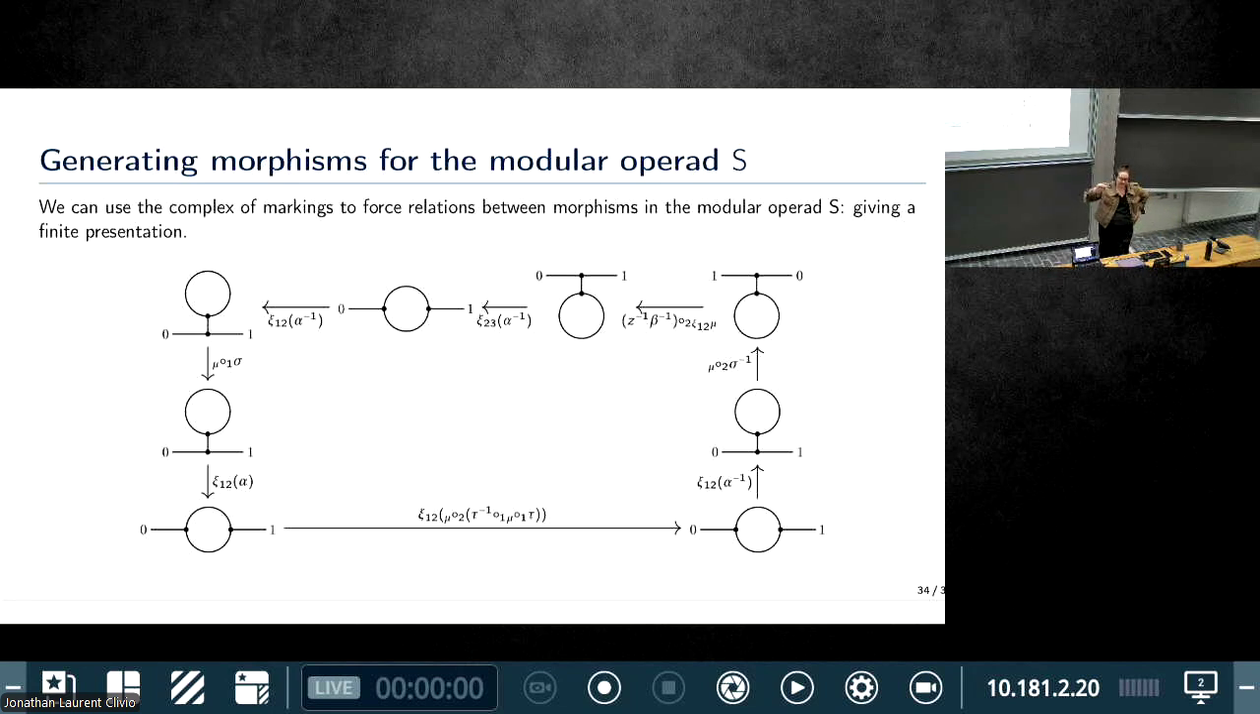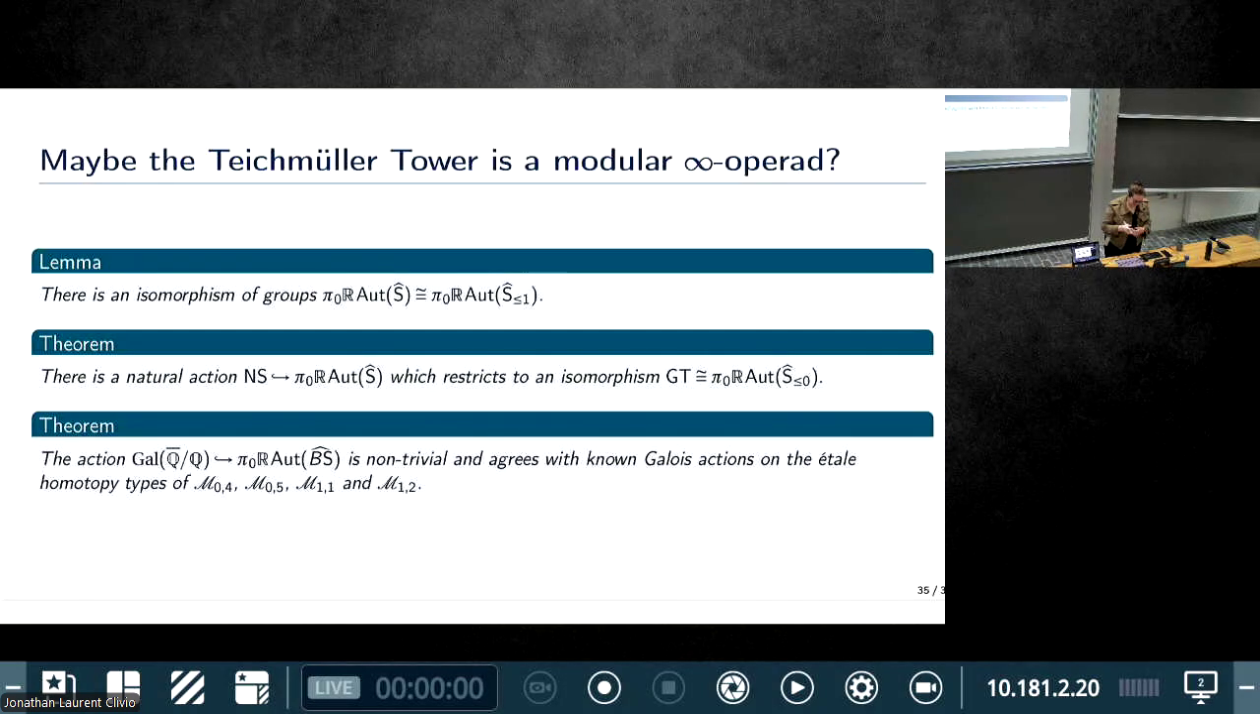I want to look at the automorphisms of this modular operad. So I have a presentation. Yes, this is actually the last slide. So the question is, maybe the Teichmüller tower can be a modular infinity operad. So you can check